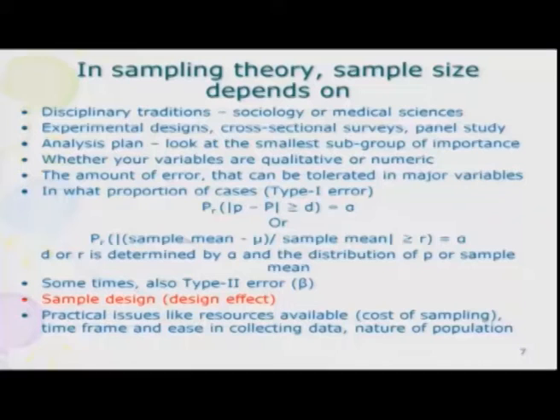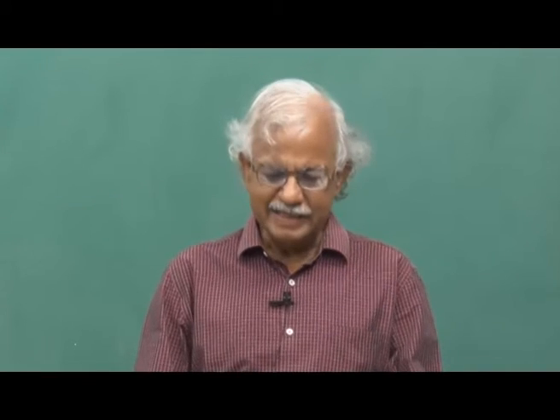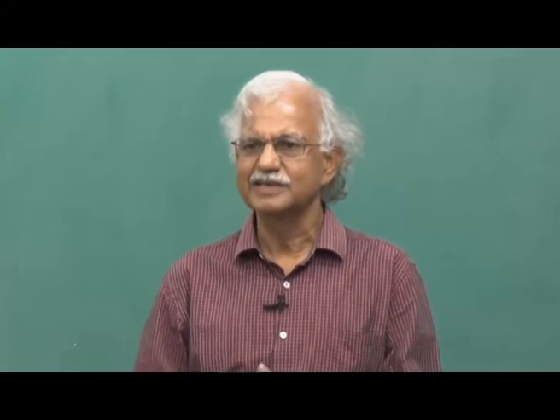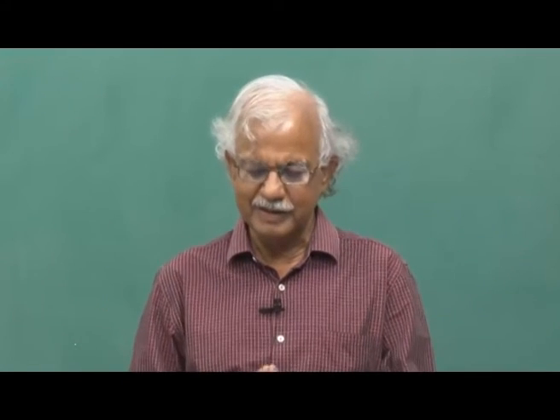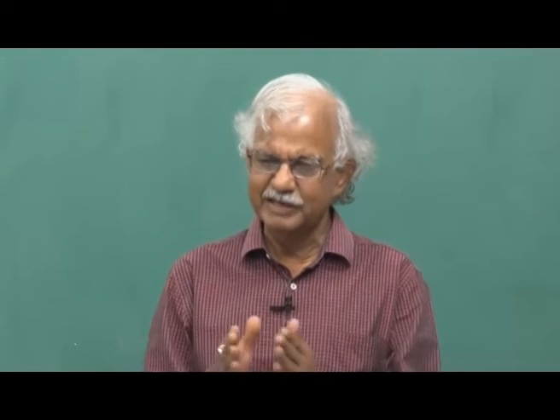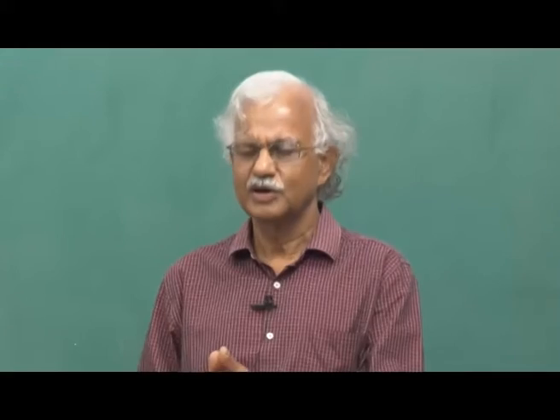So, the difference between the sample mean and the true value of the population mean, divided by the sample mean, the relative difference between the sample mean and the true mean, is greater than r, some value fixed by you, r, is alpha, again a small probability. You define that okay, I will be happy if fertility in India, whatever it is, 2.5, 2.4, whatever, my sample estimate if it differs from the true value of fertility